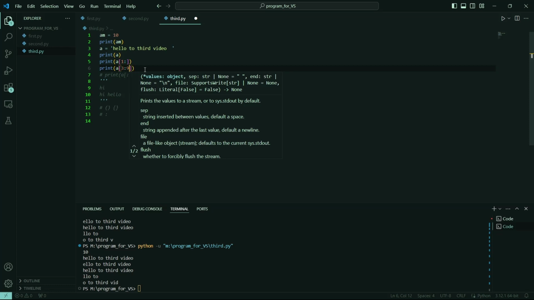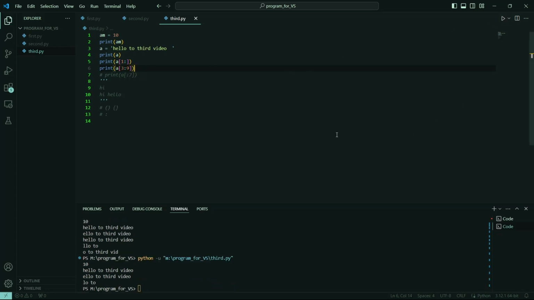Like that, 3 is a starting index and 9 is a last index. Means in the string variable, index 3 is storing L. So 3 is printed like that. 3 up to 9, up to the space, is printed by this in the Python terminal. Okay, and now